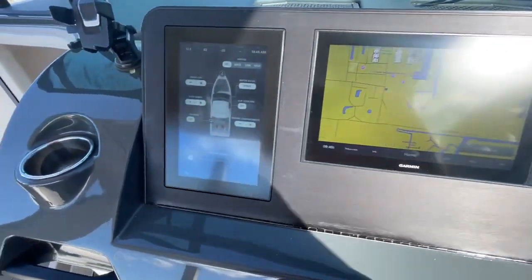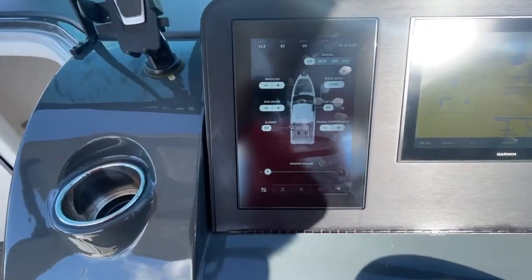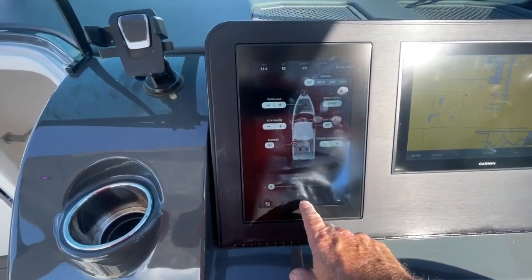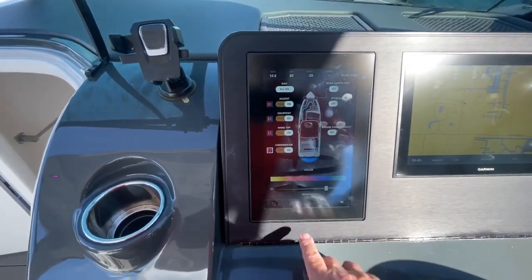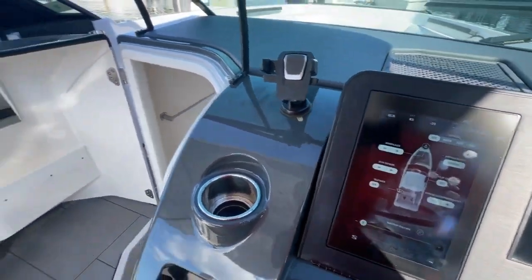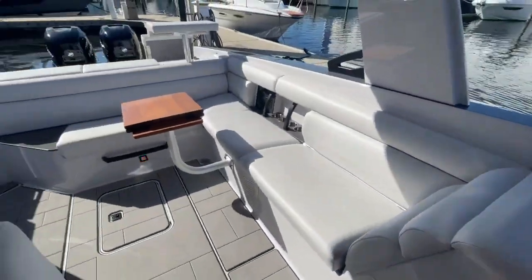Nice Garmin GPS, and then my screen, I can control everything on the boat. Lights, compartments, cup coolers. The lighting's really far out on this boat. Stereo. All right, that's going to conclude our look at this 2021